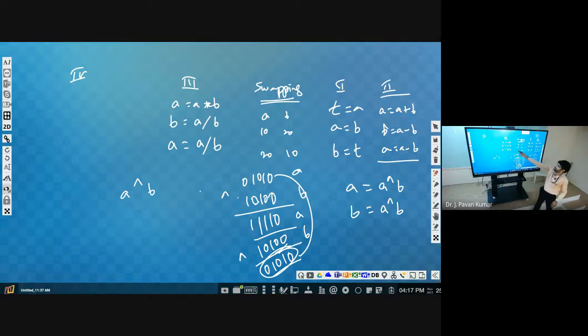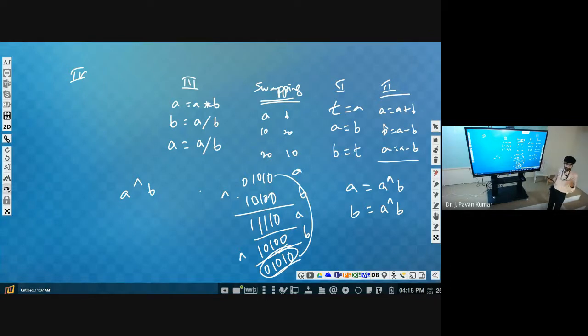Here also same thing, right? A is equal to A into B. A into B is 200. So 200 by 10 or 200 by 20 we are doing. 200 by 20, how is it deciding? Because only one A exists. What is the value of A? 200. So now B is equal to A exclusive or B. So B has got the A value.